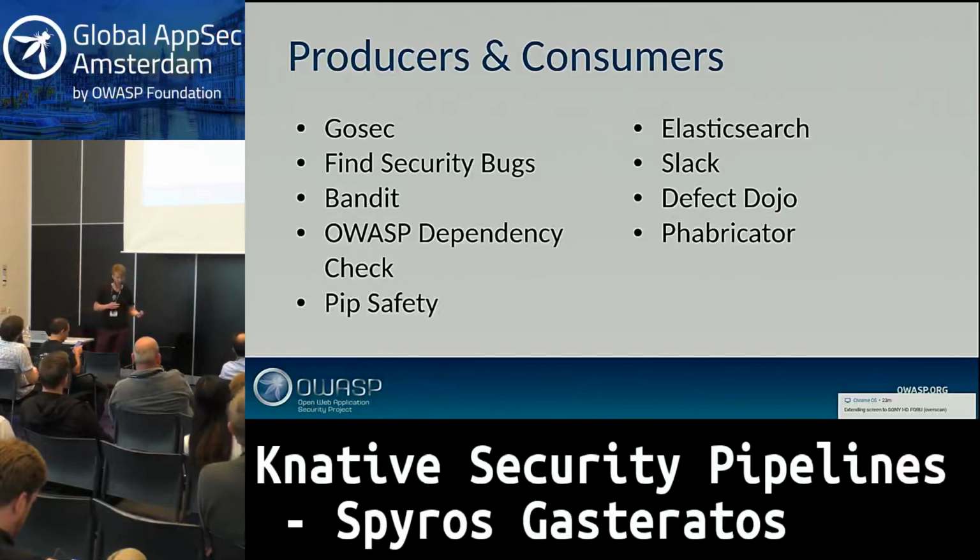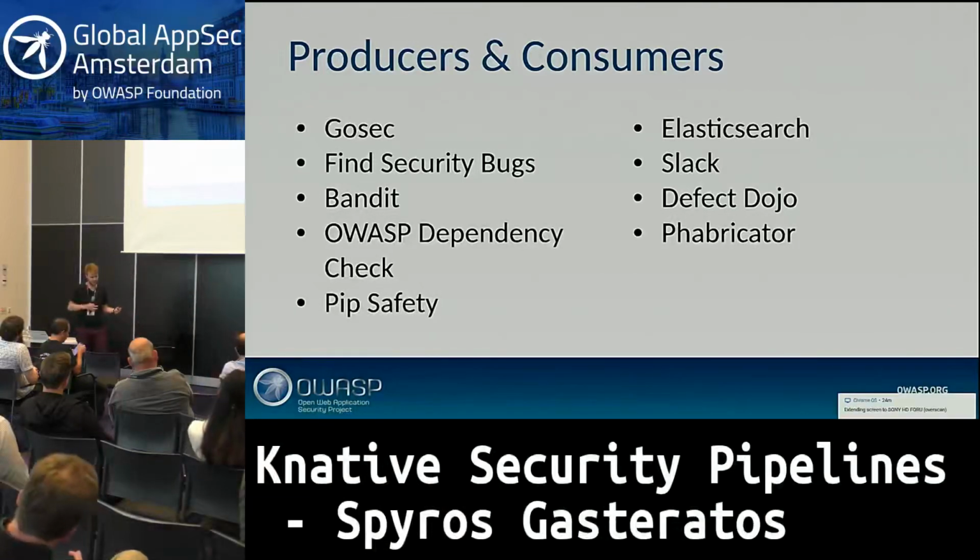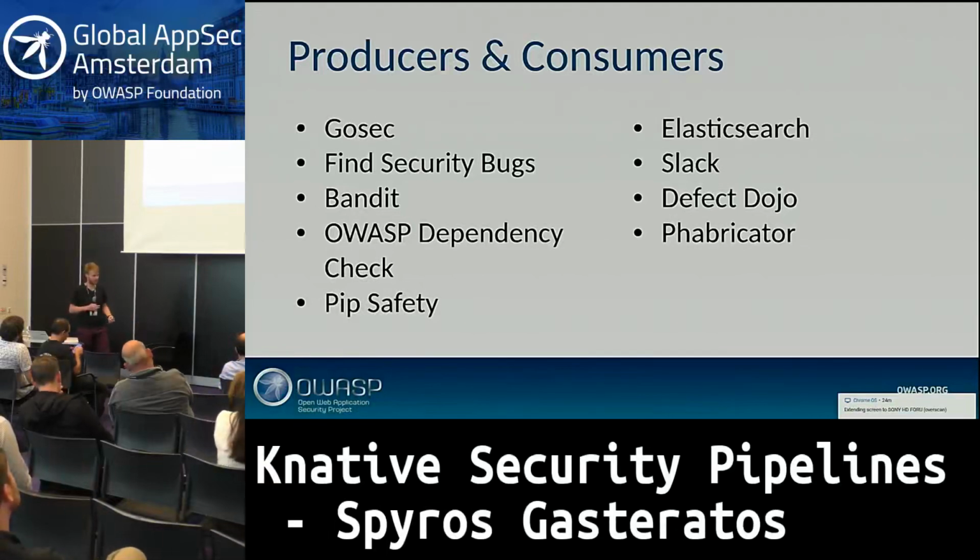The producers are a wrapper script around a tool. They launch the tool, then parse the results and put them back into our protobuf format. It just means that the tool is isolated from the rest of the pipeline. And as long as you can write a wrapper script, which so far we've found pretty easy, you completely abstract the tool away from the results.